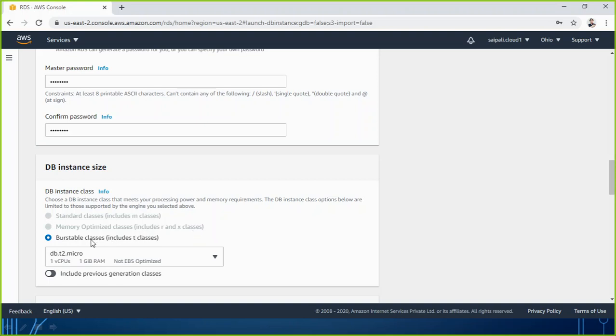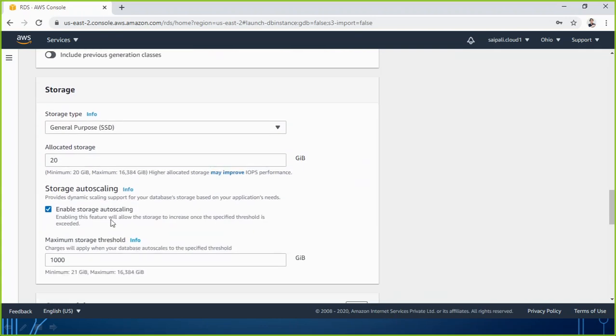Or if you want to just go with the burstable classes, which we are right now going to use because we are running on T2 micro, that's our instance size. So we will go with db.t2.micro. So it will create just a T2 micro type of instance, which will be having just one virtual CPU, 1 GB of RAM, and no EBS optimization at all. So I can go with this one. And right now, because I have used free tier, this is what I am also going to get here. So let me continue with this size.